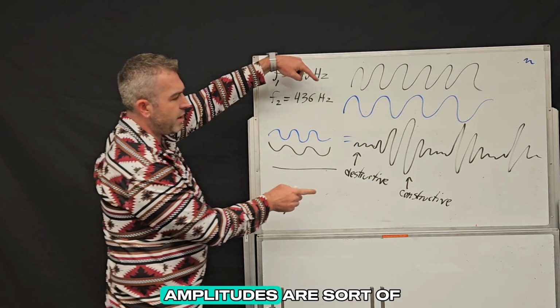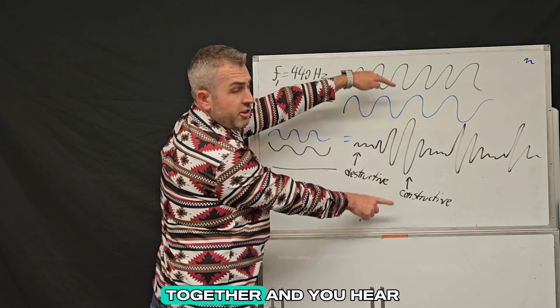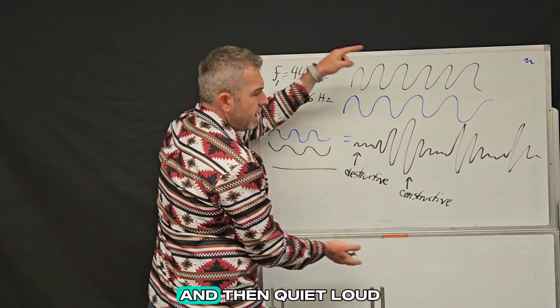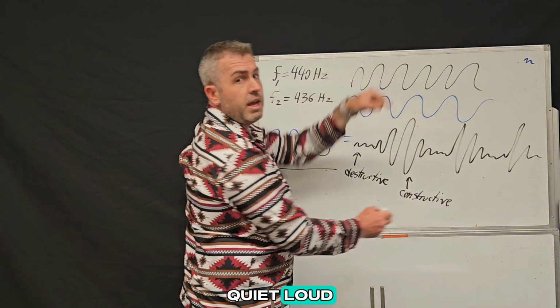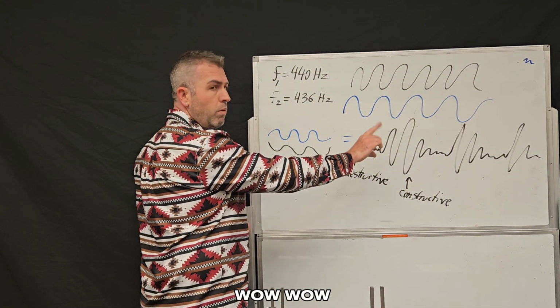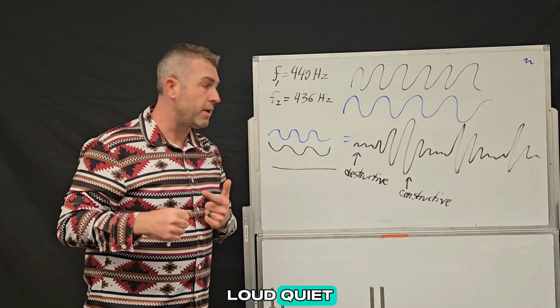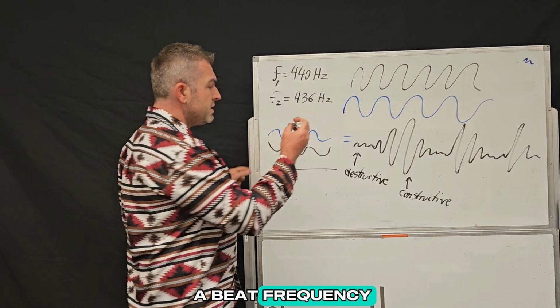So the sound waves' amplitudes are sort of canceling out and you hear that quiet part, and then they add together and you hear that louder amplitude, and then quiet, loud, and that's what produces that beat frequency, which sounds like wong, wong, wong, wong, and it gets loud, quiet, loud, quiet, loud, quiet. So this is called a beat frequency,